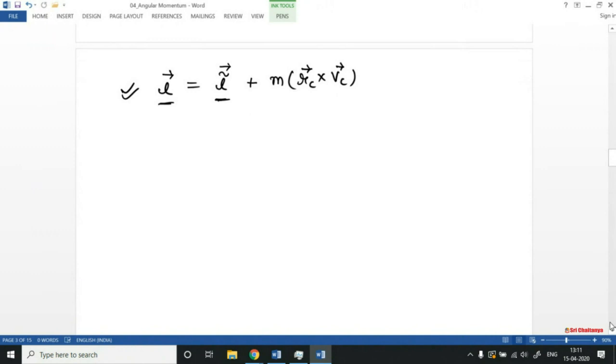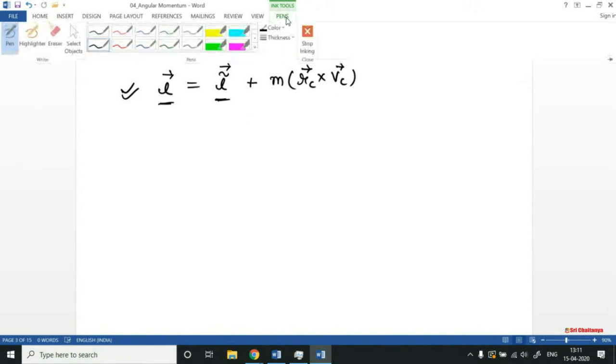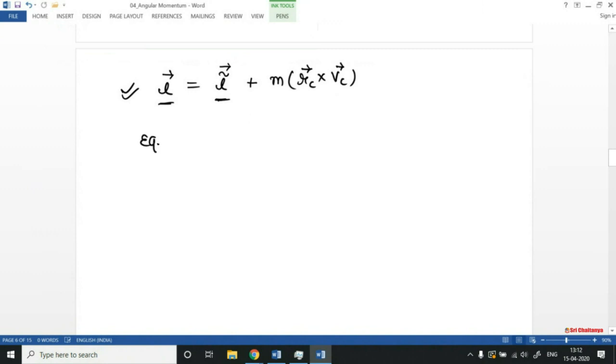So that is a very useful quantity, and it will be very useful in upcoming sessions. Okay, so now let's move into the purely rotational motion of a rigid body. That is the thing we will be looking for. And before that, one more thing about angular momentum I want to mention here is the relationship between angular momentum and torque, and that is known as the equation of